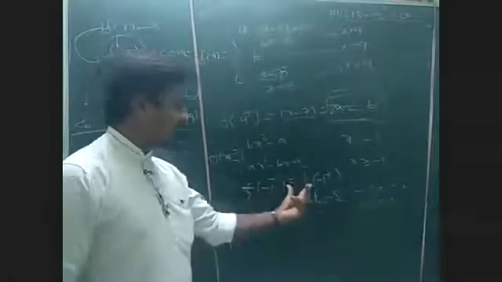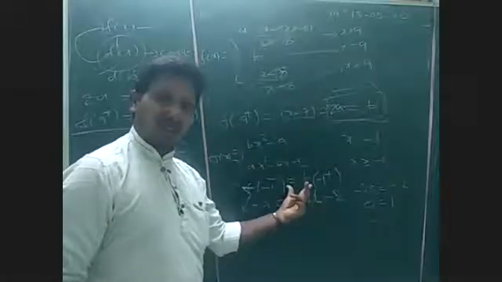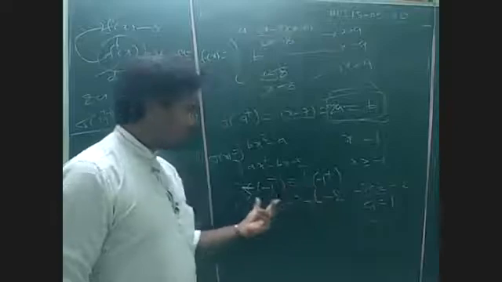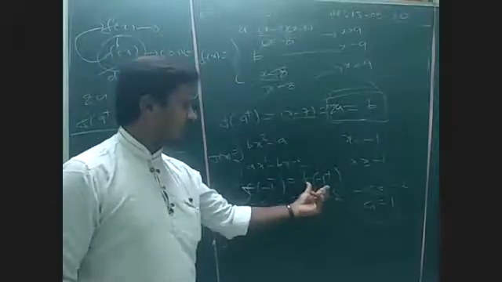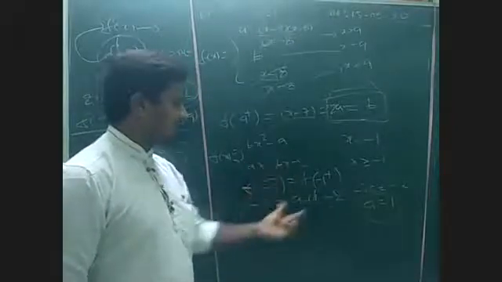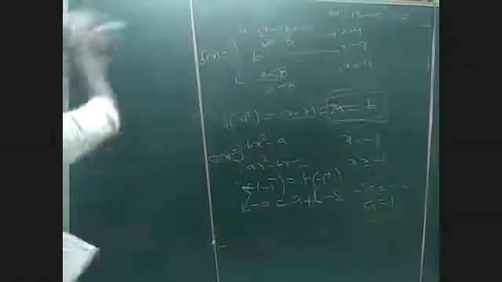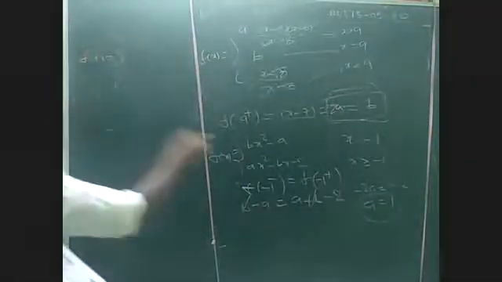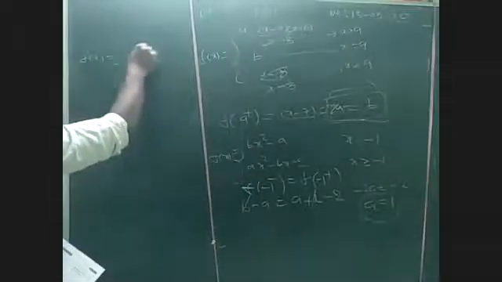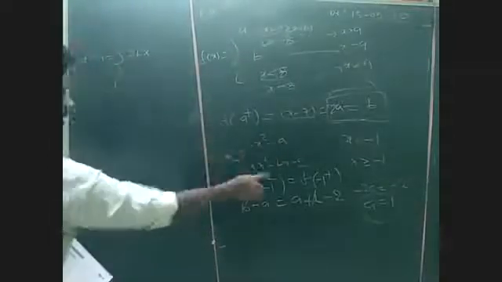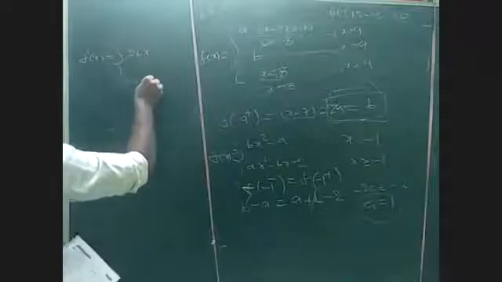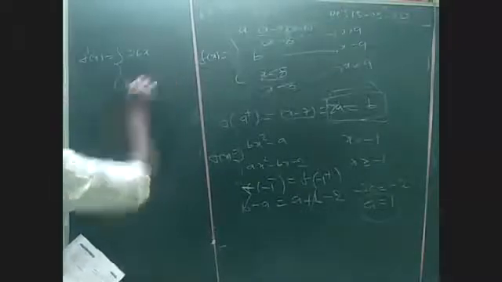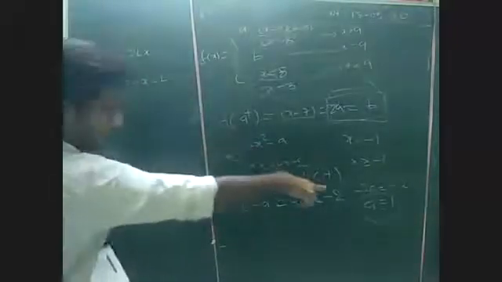We got the a value. I'm equating directly: the function is continuous at minus 1, so I equate the left hand limit to the right hand limit, substitute minus 1 directly, and I got the a value. Let's differentiate both. What is f dash of x? F of x is given. F dash of x is clearly bx, its derivative 2bx. A's derivative is 0. Here 2ax minus b.